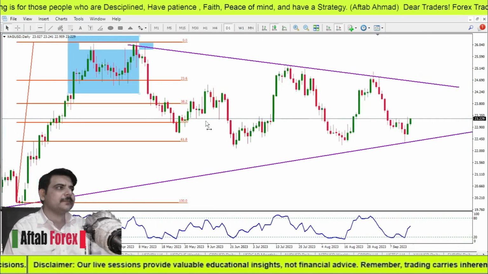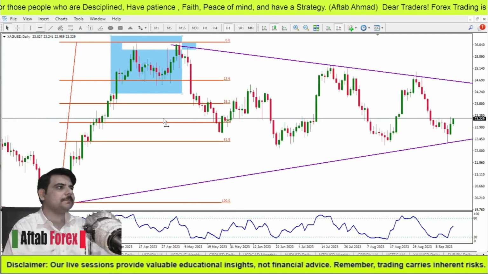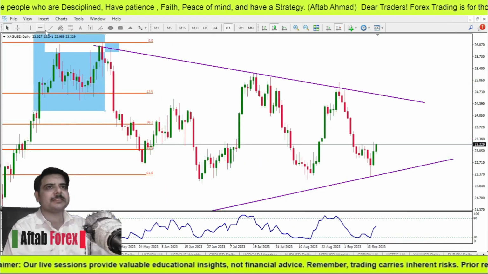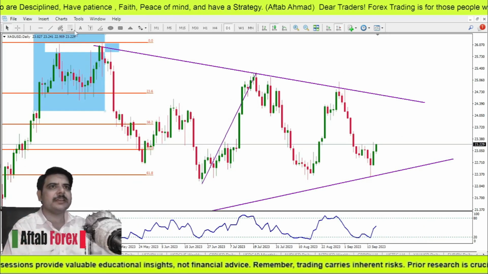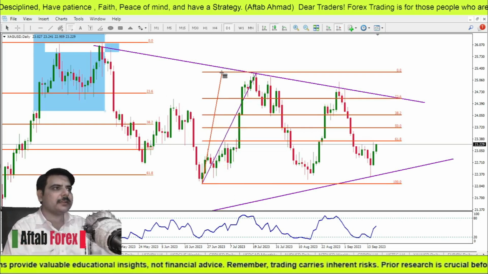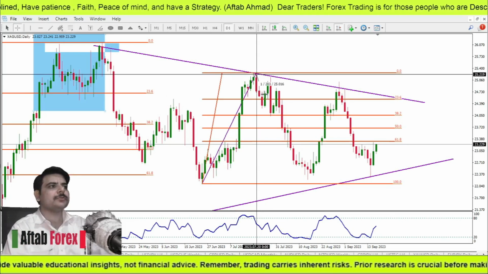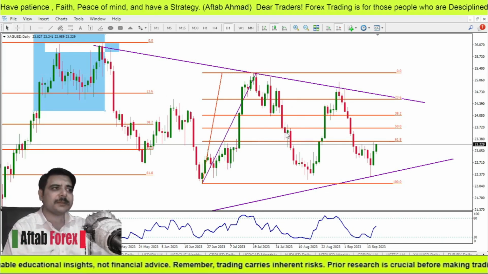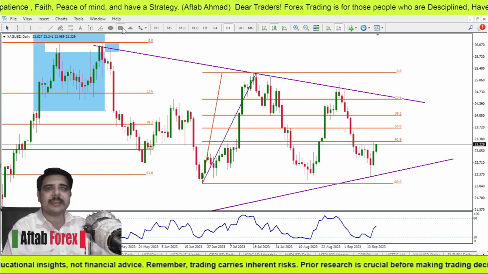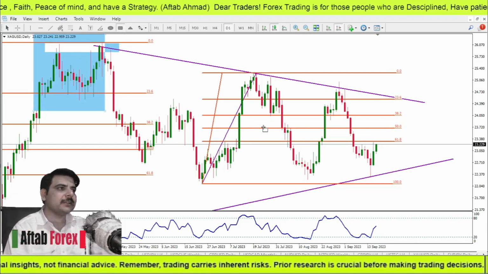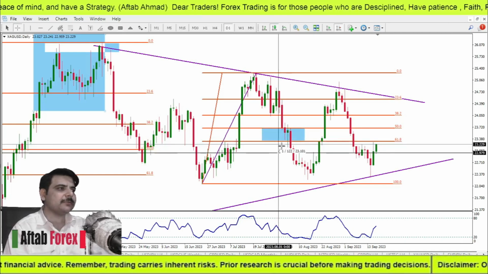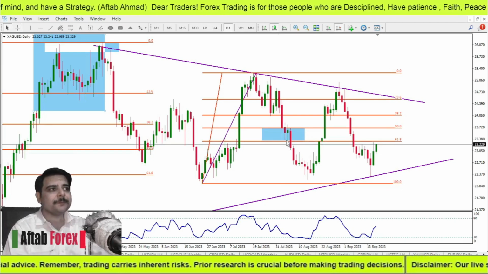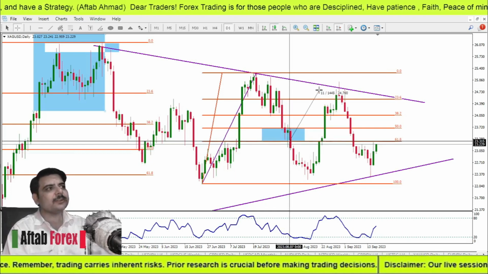Let's say you are on this particular trade setup. First of all, if you took this trade, that was fine, but now I'm explaining what odds can happen. Let's say this was a 61.8% retracement, and we got a rejection,